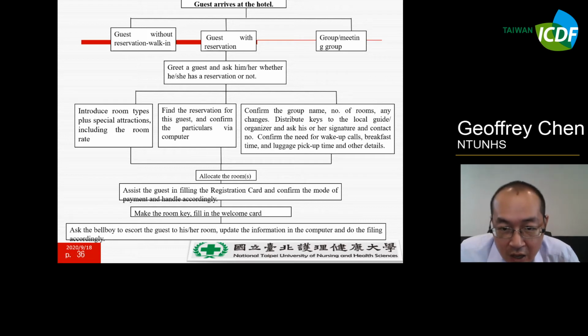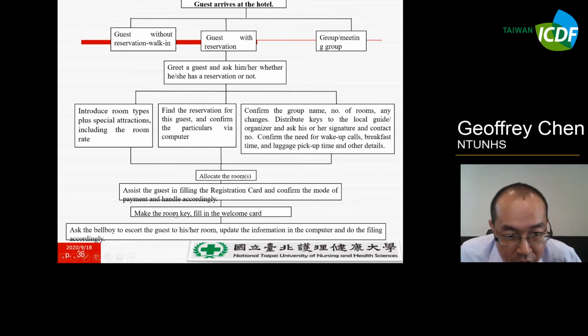Better yet, you have to confirm the needs for a wake-up call, what time they want breakfast, luggage pickup service, or other details. Then allocate the rooms, making sure of the room numbers and how many rooms, and assist the guests in filling out the registration card, confirm the mode of payment, and handle it accordingly.